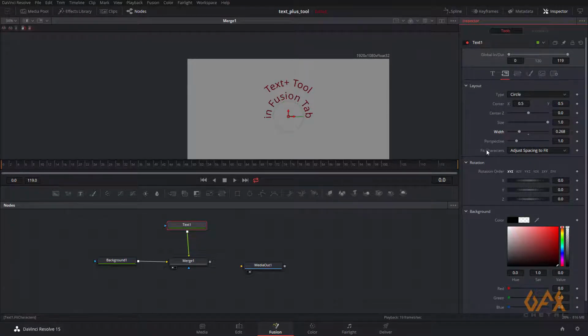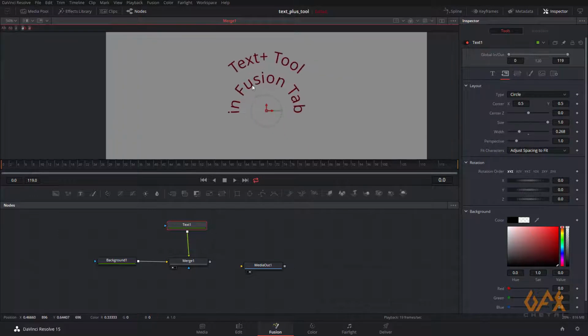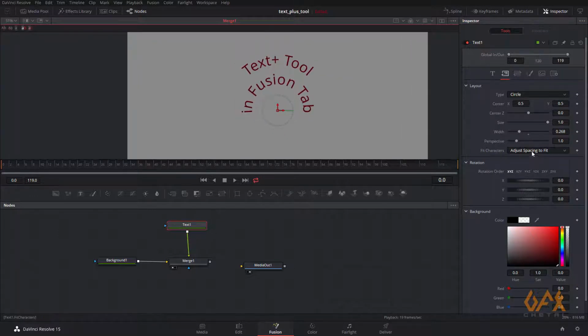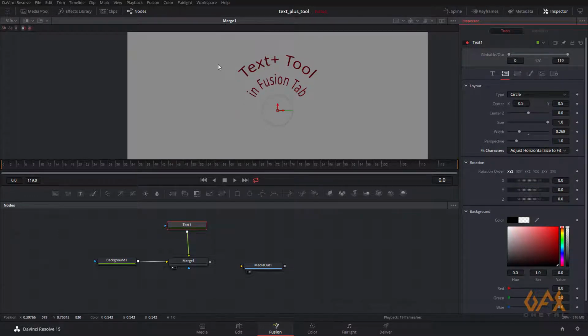So here you got some more options like adjust spacing to fit. Now if I click adjust horizontal size to fit, so see, it works on the normal of this particular circle.